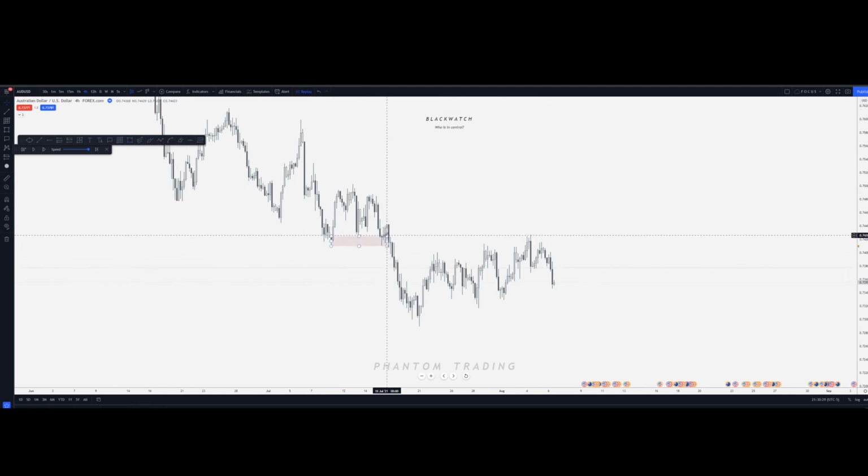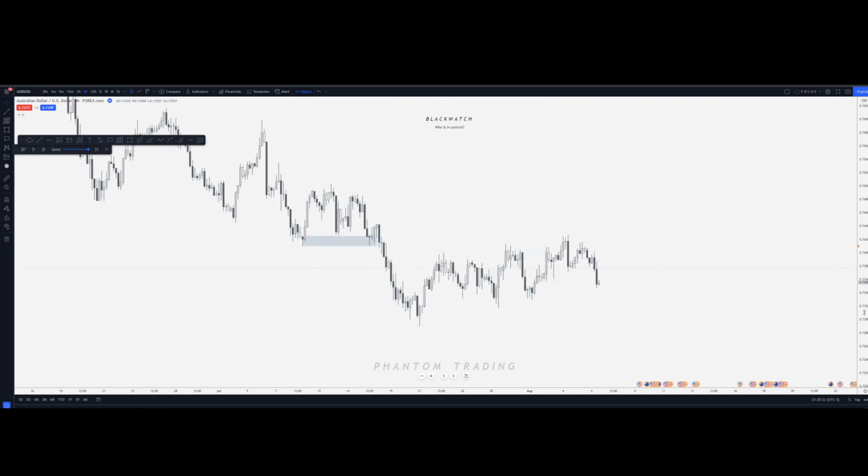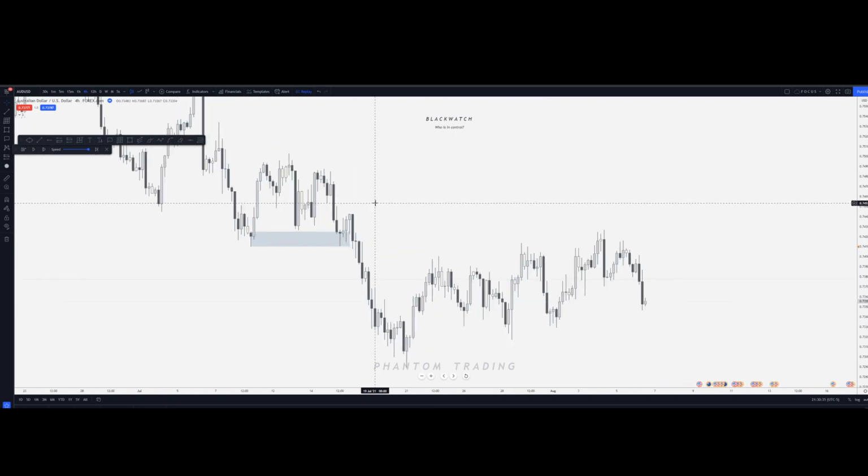So I see this as valid demand. This is what I like to look for: I want to see demand give a reaction. You can see that this doesn't really react; it reacts to more of this entire range. You can do with that what you will, but we're not going to focus on this PA. So here, I want to justify this reaction. Why did price halt here? Why did it pull back? It came into the wick. That's demand.